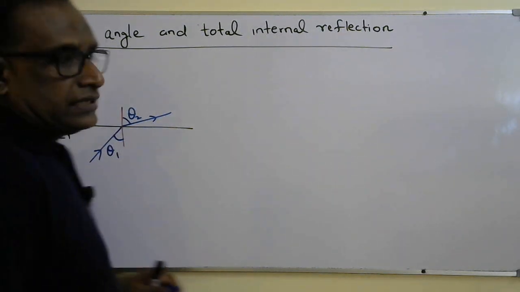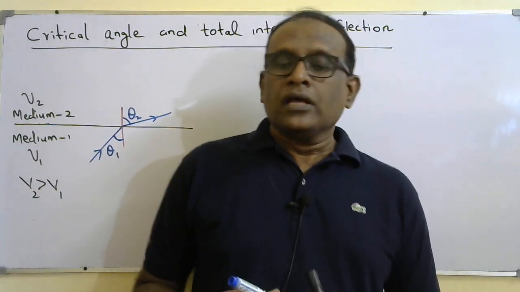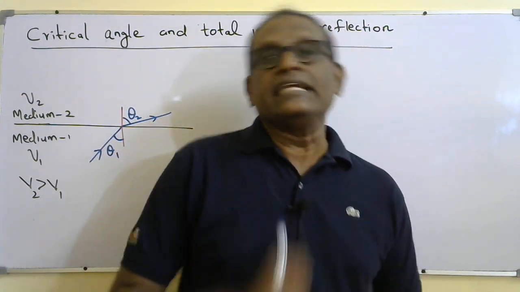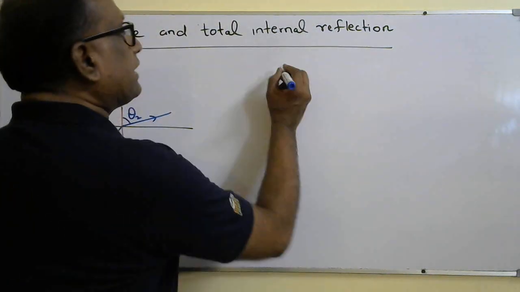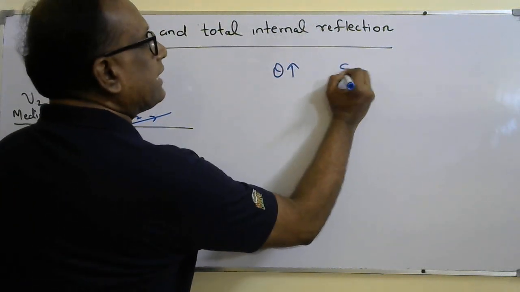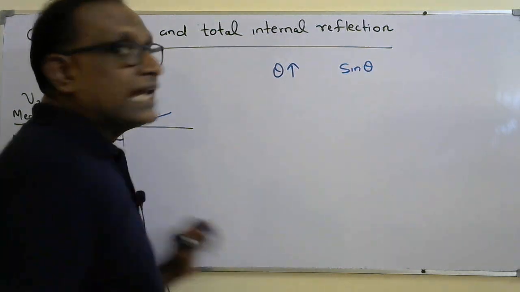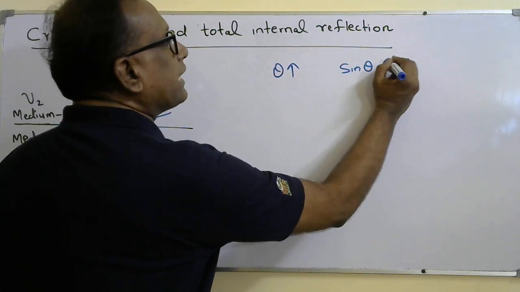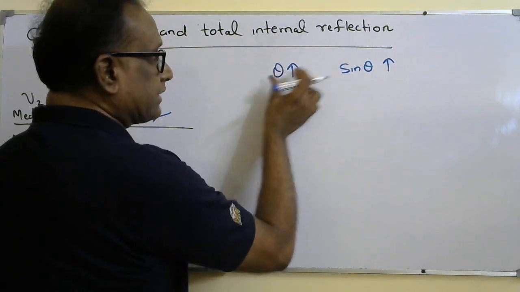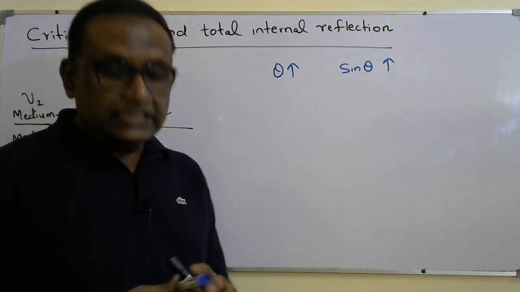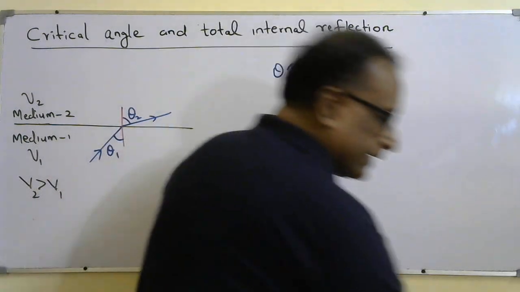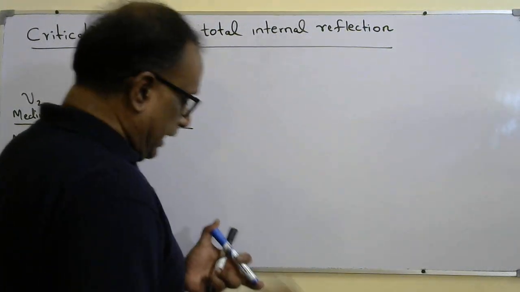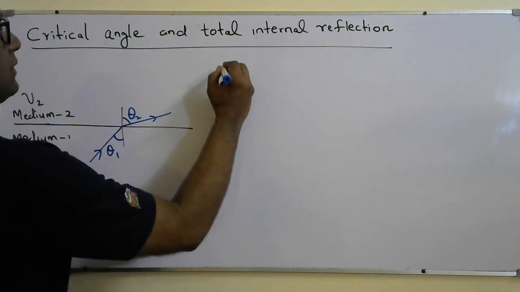Okay, so here the explanation is, you know that in trigonometry when theta increases, sine theta will increase. In the first quarter, within 90 degrees, 0 to 90 degrees, when theta increases, sine theta also increases, or the other way, when sine theta increases, theta will increase. So here we know according to Snell's law, n1 sine theta 1